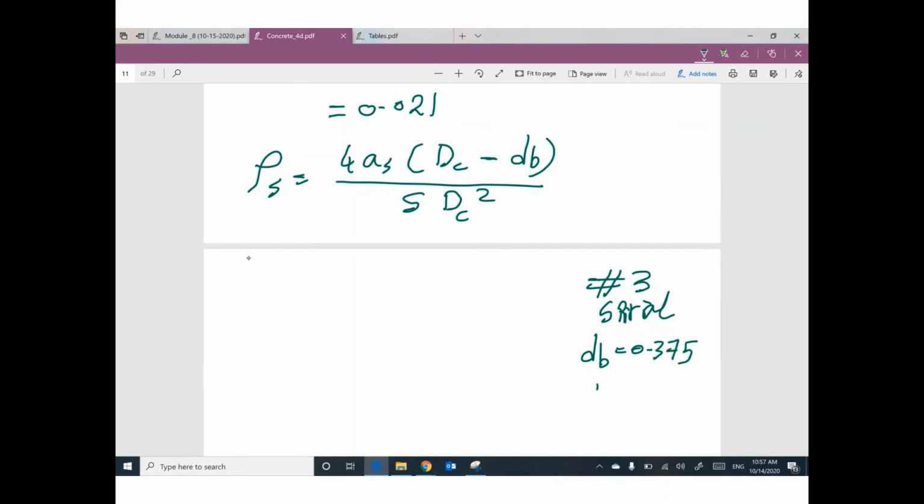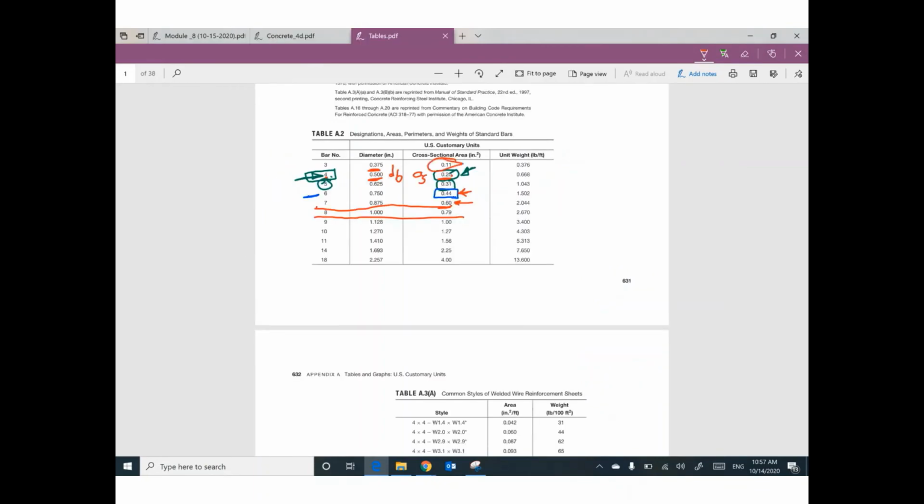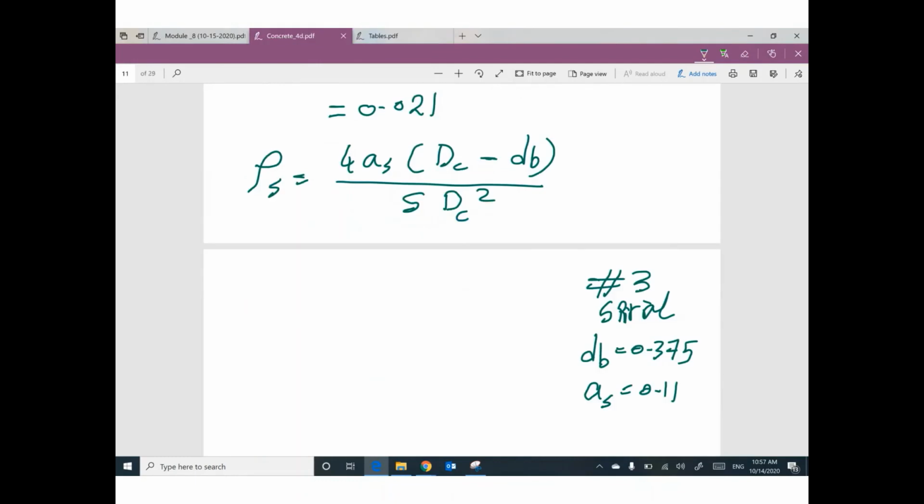The cross-section area for this size is 0.11. So rho S, 0.021, equals 4 times the area, 0.11,